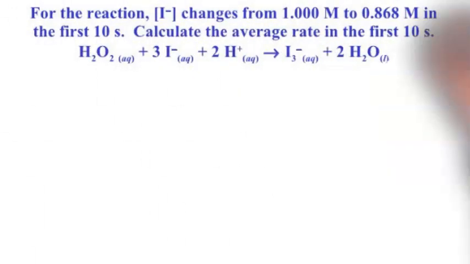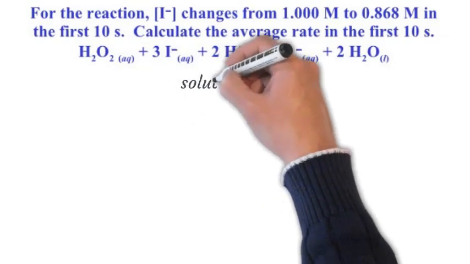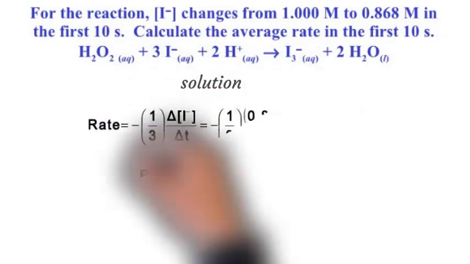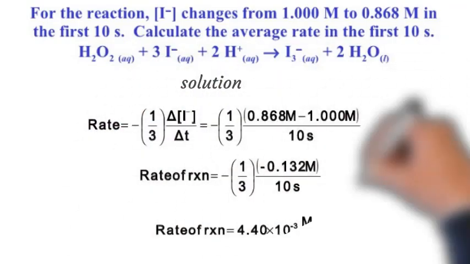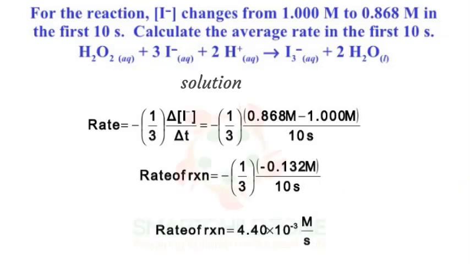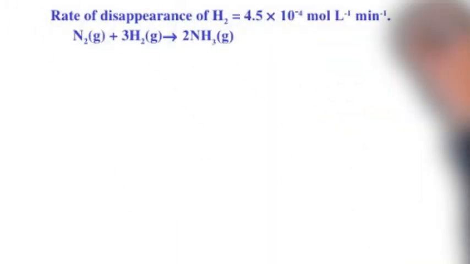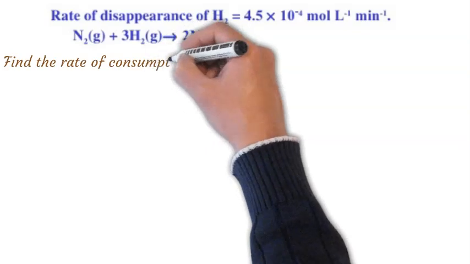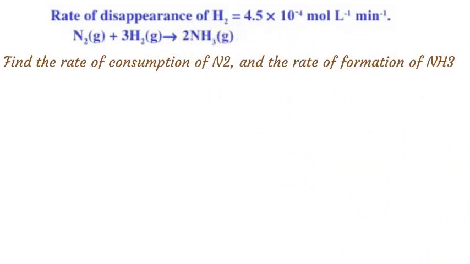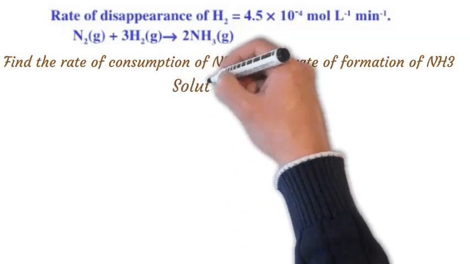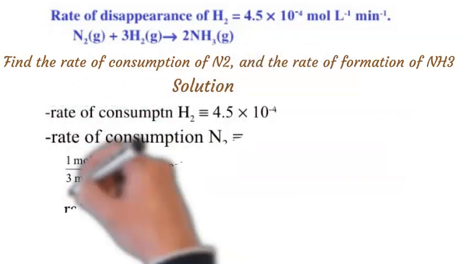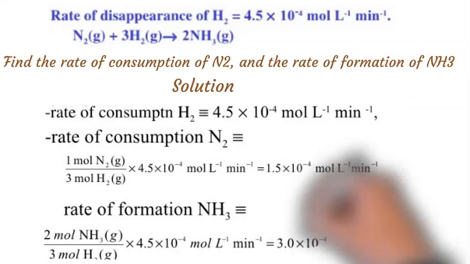Find the rate of consumption of nitrogen, and the rate of formation of ammonia. The first step in the production of nitric acid is the combustion of ammonia. Write the equations that relate the rates of consumption of the reactants and the rates of formation of the products. Considering the stoichiometry of this homogeneous reaction, the rates for the consumption